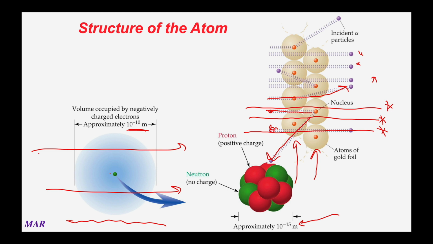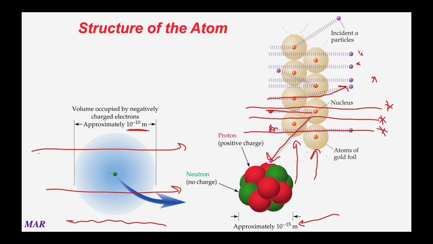So again, to sum this all up, gold foil experiment, super important for chemistry. He fired alpha particles at gold. Most of them went straight on through, but some of them refracted, went off to the left or right a little bit. Some of them actually came right on back to the detector itself. That showed that the atom is mostly empty, and in the very small, many orders of magnitude smaller, is where you have the nucleus, and you've got the positive protons and the neutral neutrons inside it. Pretty cool. And that really is the current theory of how the atom's put together, which is kind of neat,